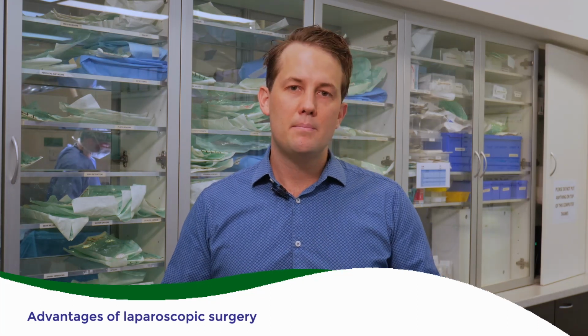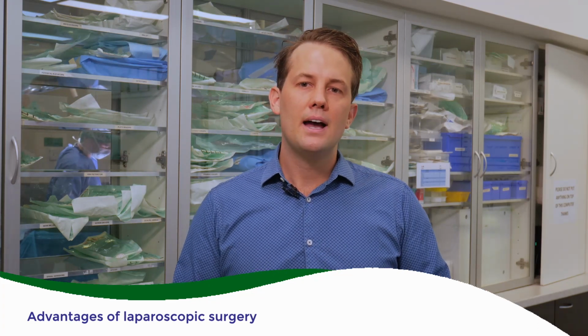So when your pet comes into the hospital due to their condition, one of the veterinarians here may recommend that they have a biopsy of one of the organs within the abdominal cavity. Typically there are two ways in which we can do that. We can do it via an open approach, which would be traditional surgery, or we can take a more minimally invasive approach, which has several advantages, including decreased pain, potentially decreased hospitalisation, and they can certainly be more comfortable in